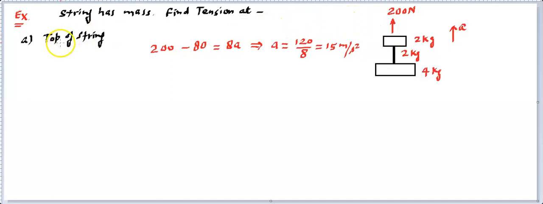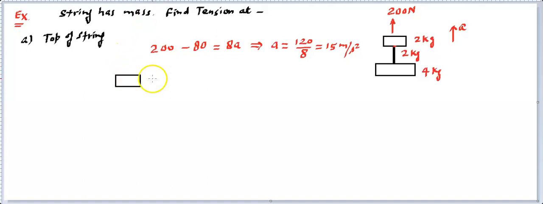Now we need to find the tension at the highest point of the string. So we need to choose a free system in which this string's topmost point tension comes into play. What you can do is choose the upside portion, or you can draw the free body diagram of the downside portion. From both you will get your answer. Since it is easier to draw the upside, we will use the easier part, or you can draw any of them, it will give you the answer.